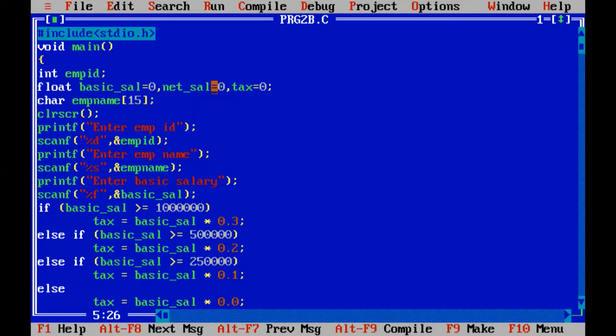If you encounter such problems, where some unexpected value is coming, basic salary, I entered 10 lakh and it was showing some other number. It was showing 0. So you better initialize it and then do it. Maybe the problem is that some junk values were there in that variable. That's why it is showing.